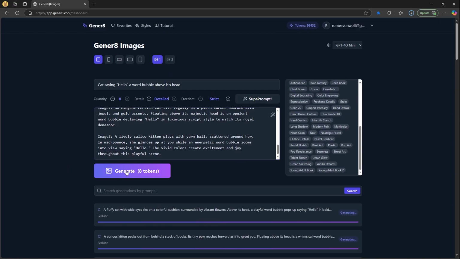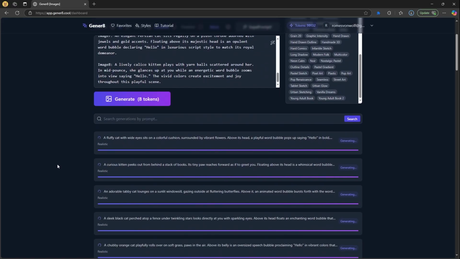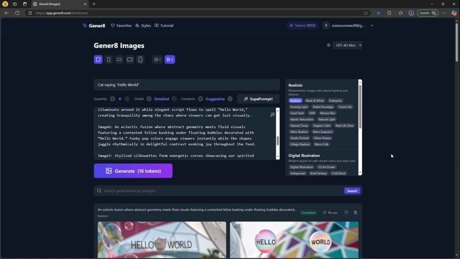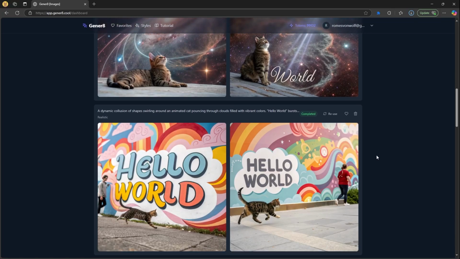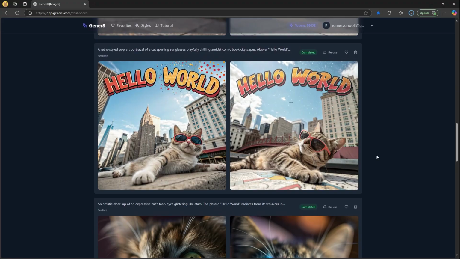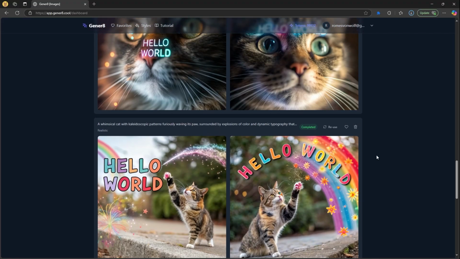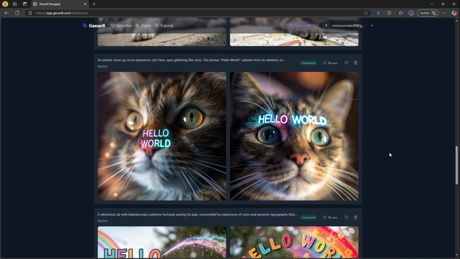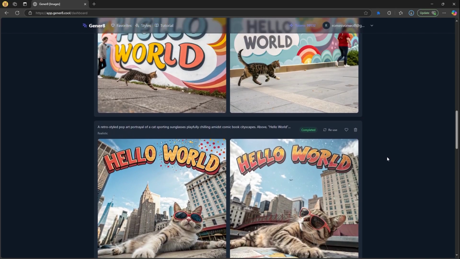Now what I can do is actually click Generate here, and all 8 of those ideas will be batch queued for generation. And let's take a look at some of the images that we've got generated up here. Quite a few interesting variations based on the super prompt. Helper assistant, I didn't really read through and take a look at what it was going to generate, but that's the point. That is the point when using Gener8. It's fast iteration, coming up with all sorts of interesting ideas that maybe you didn't even think of